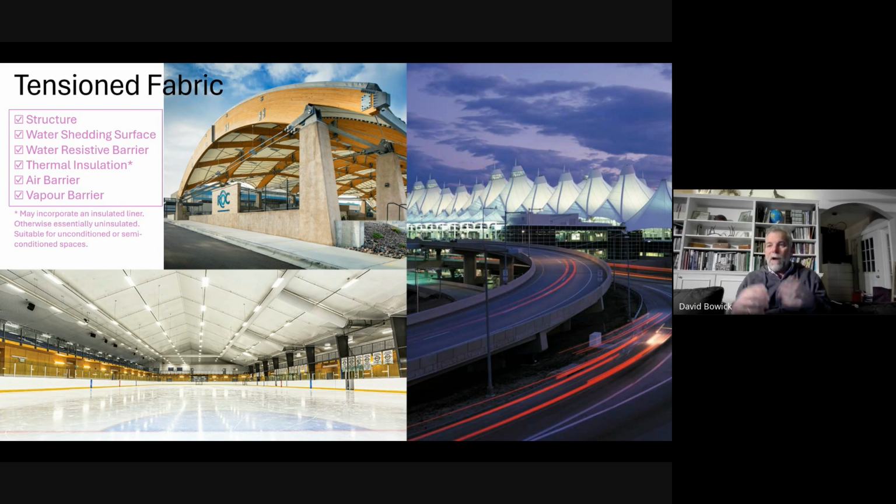It might be the primary structure, like on the right, the Denver airport. It might just be the secondary structure, the spanning between primary structure. But fabric serves a structural function. It carries load. It is your water shedding surface. And it is a water resistive barrier. So a fabric structure is a perfect barrier system with minimal